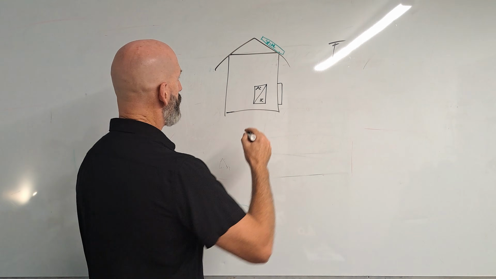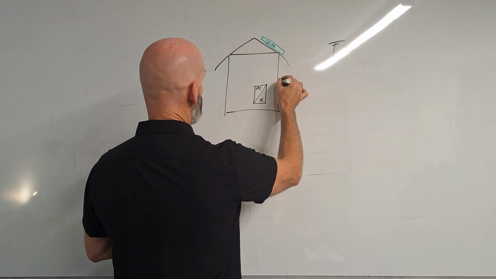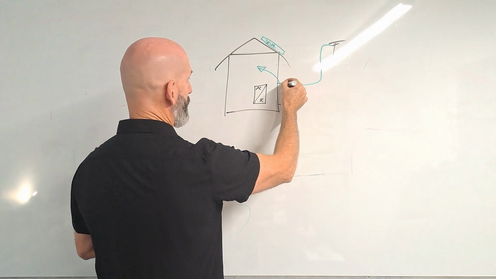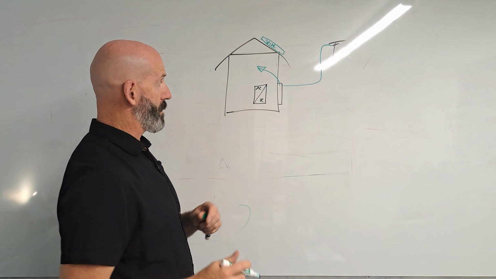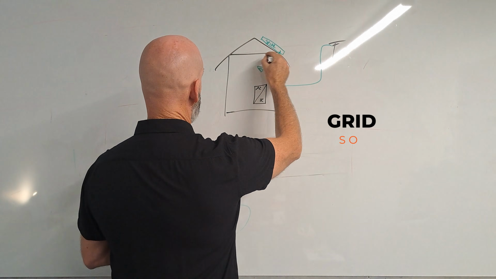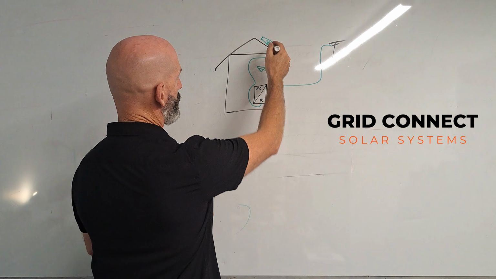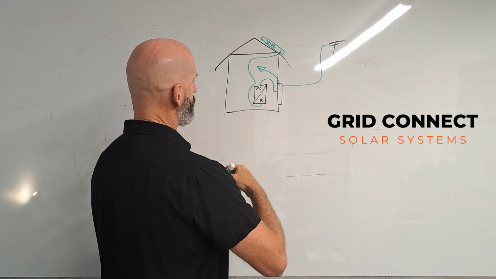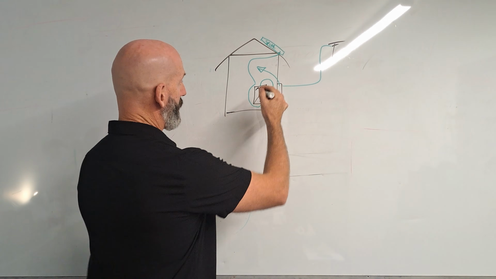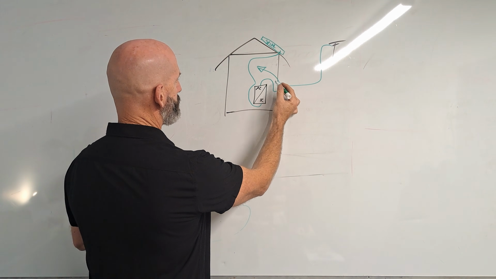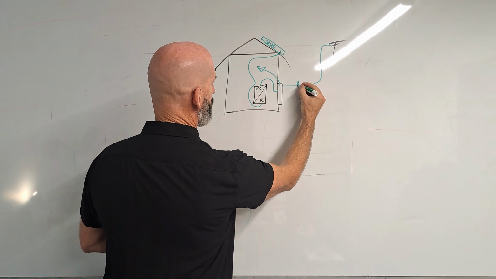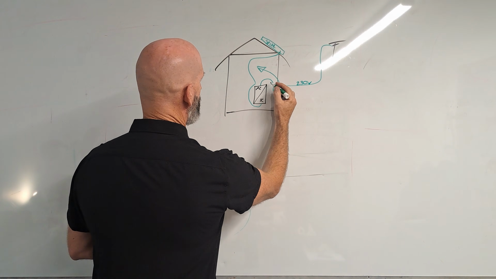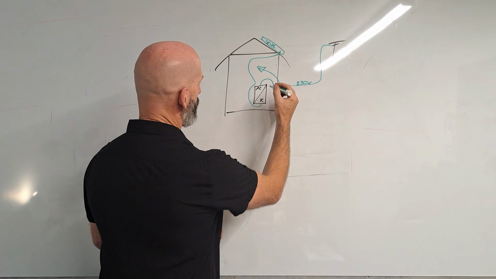So, your home uses power out of your switchboard to power everything. Traditionally, you're going to come from the power lines into your switchboard, and that's going to power everything. What we do with solar is we run to our DC side from our solar panels, and then that AC side is going to go into our switchboard. And what happens with a traditional solar system with a grid connect is that our solar system is going to monitor, let's say we're at 230 volts from the grid. What your solar inverter is going to do is go, cool, I can see that 230 volts. I'm going to make myself